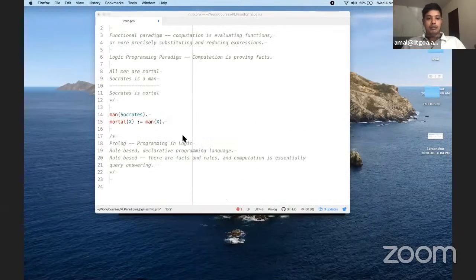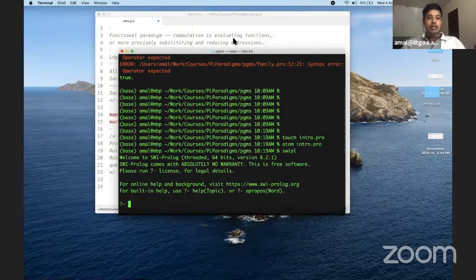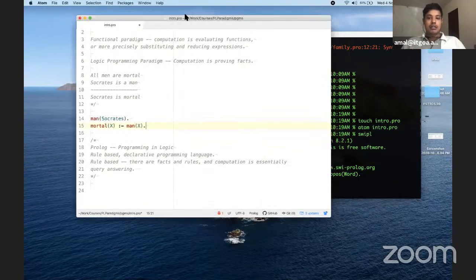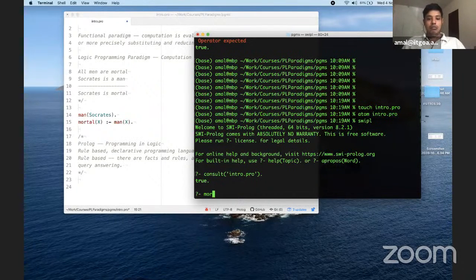Now I have these two rules, and I started SWI Prolog, and I am going to enter this file. The thing for Prolog will be consult. So compiling a file will be consult, and my intro.pro, and if I do this, it says true. Now if I ask mortal of X,